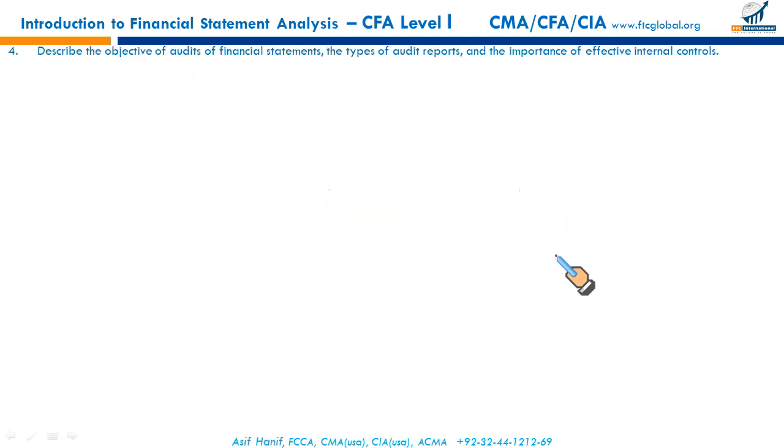Next, we have the fourth LOS: describe the objectives of audit of financial statement, the types of audit reports, and the importance of effective internal controls. Every aspect of LOS you should have clear concept of, and that's the foundation of your whole preparation, and then you will be able to do the questions more effectively. So the first is,